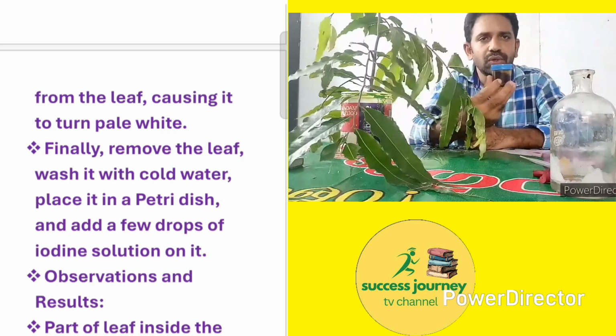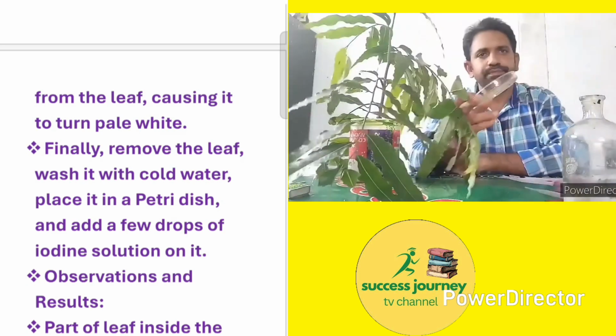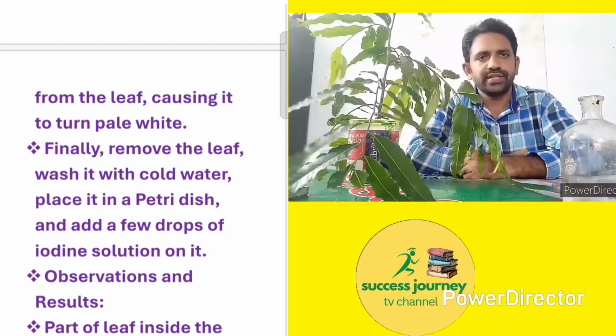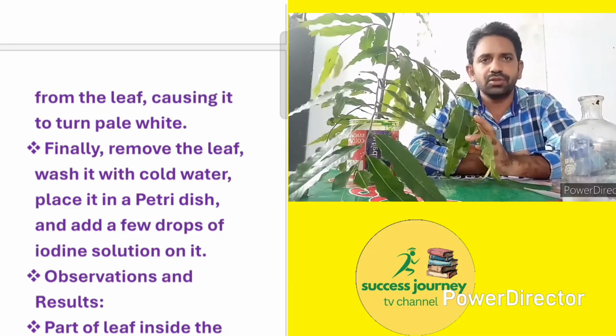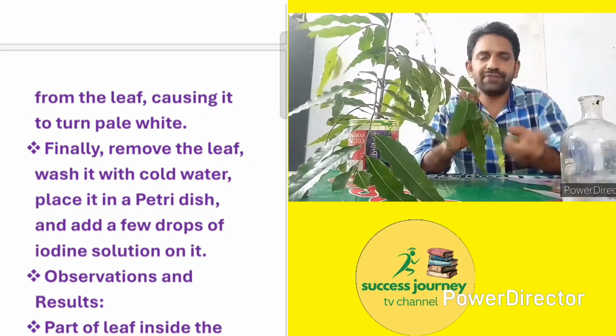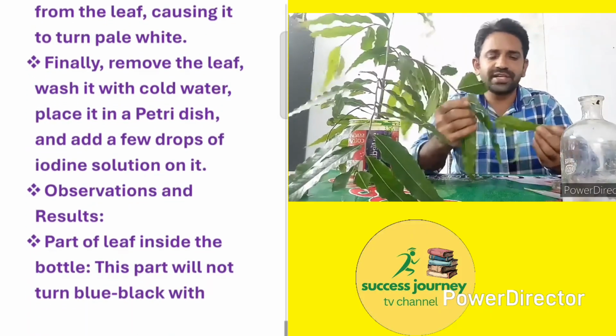So finally, we remove the leaf from the test tube and keep it in a petri dish and add 2-3 drops of iodine on the surface of the leaf and observe the color of the leaf. Next, to observation